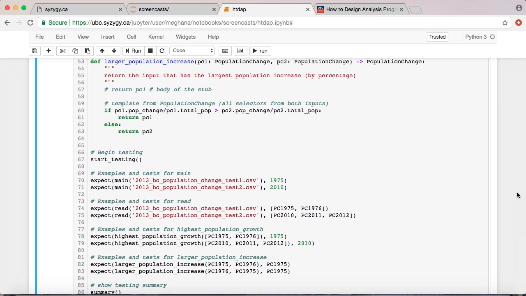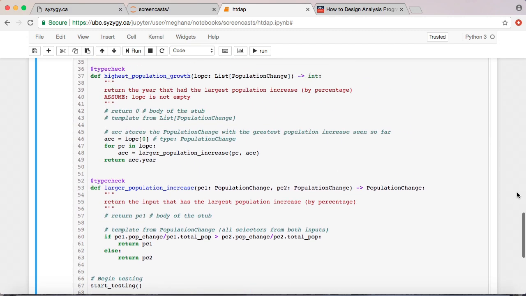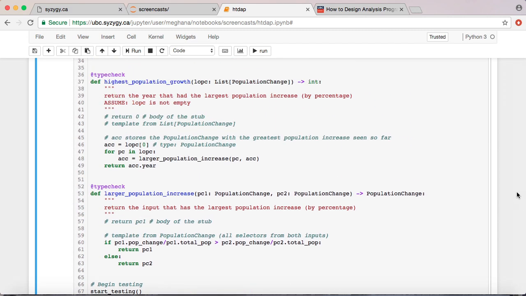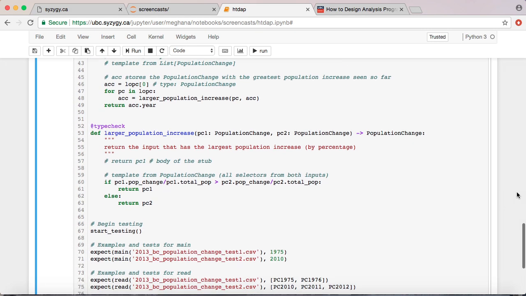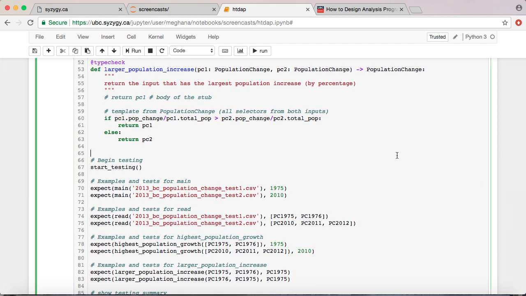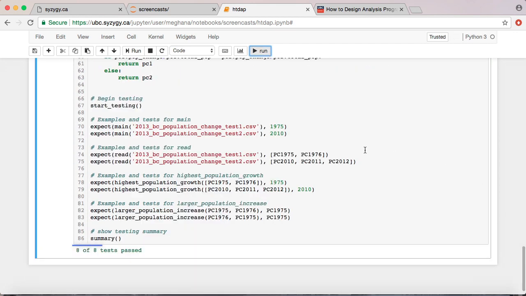As I was designing this function, I realized I needed a helper function to take two population changes and determine which one had the greatest population increase by percentage. I've also designed a helper, larger population increase, so we can see that and of course its associated tests. When I run this program, I see all of my tests pass, so we've completed our analysis program.